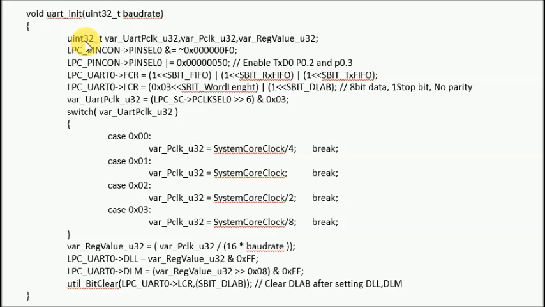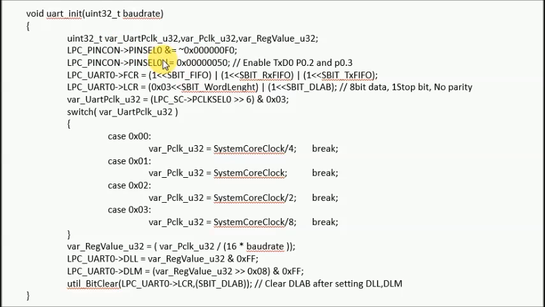Then I have defined some unsigned 32-bit variables, that is, the variables we require in this case: a variable for the PCLK, a variable for the register values, etc. Now we have to select the pin function here, so I have to write the function here, and I have configured this into the UART mode.